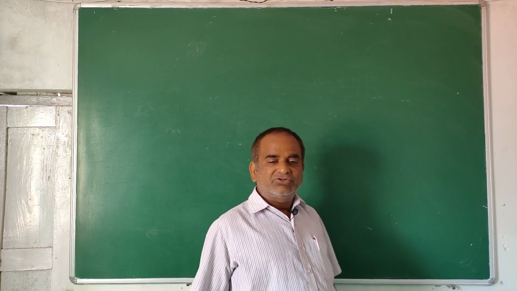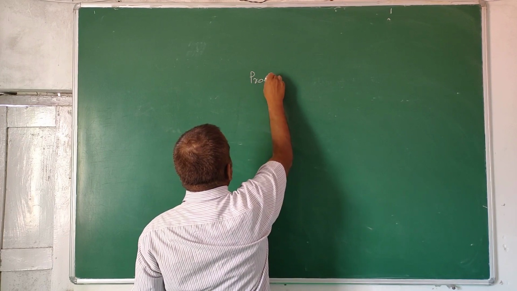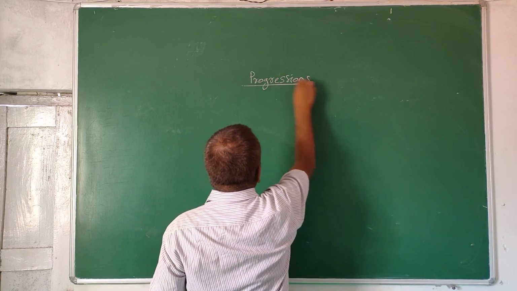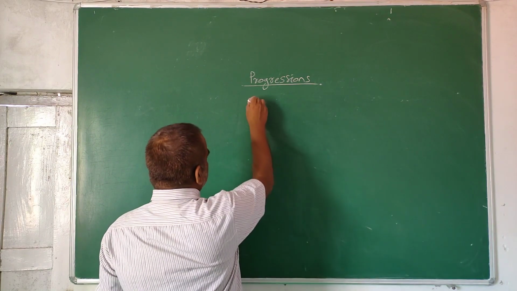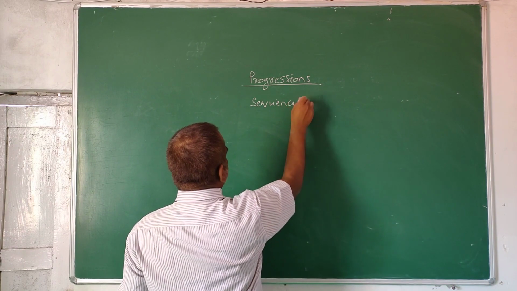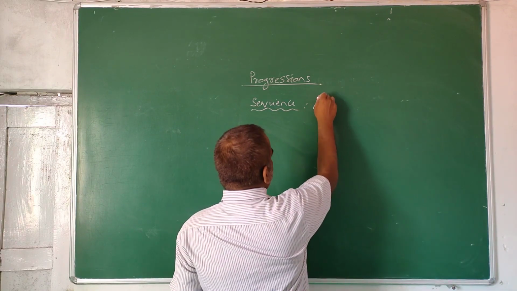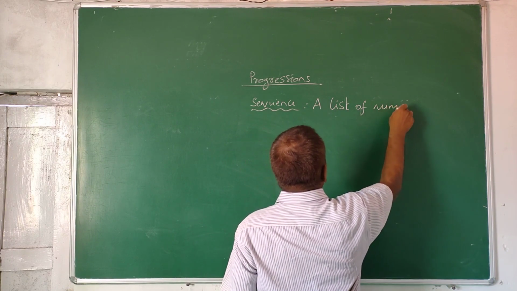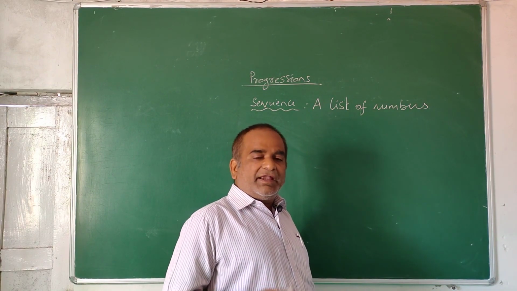So, dear 10th class students, now we are starting the new chapter, progressions. Here we are going to define two terms. First, sequence. Sequence means a list of numbers put in a definite order